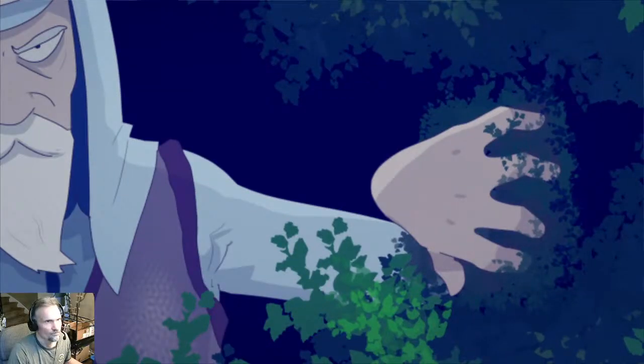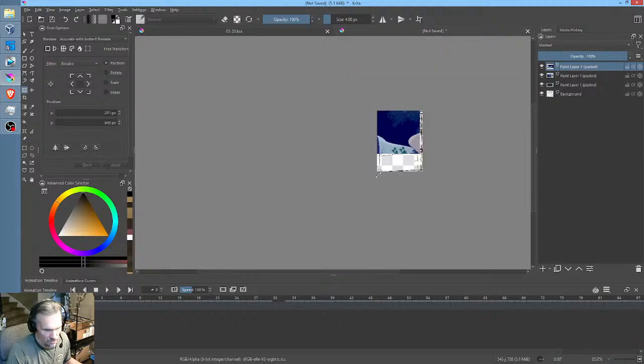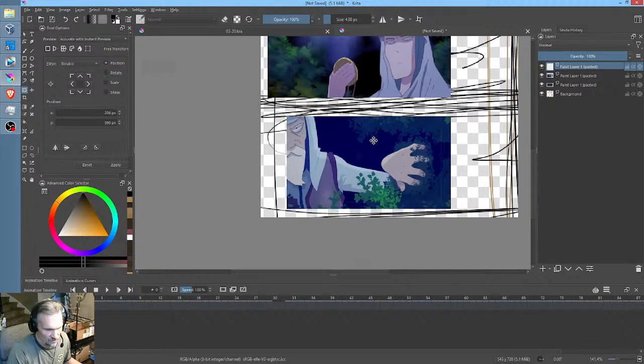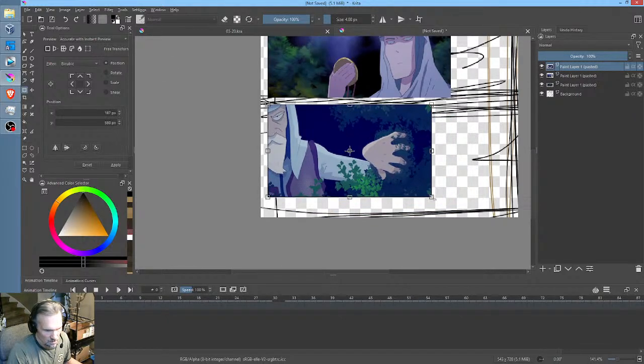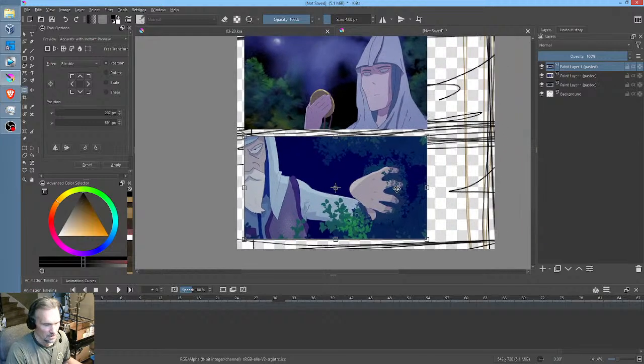So copy that, Control V. Sorry about having to totally resize it every time. I could have avoided that by planning more carefully. But okay. So there we go.